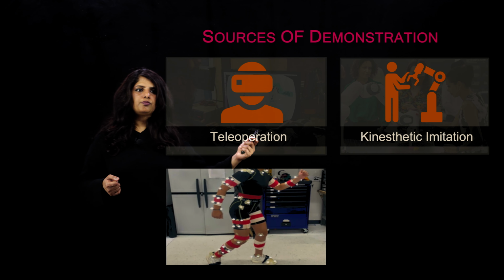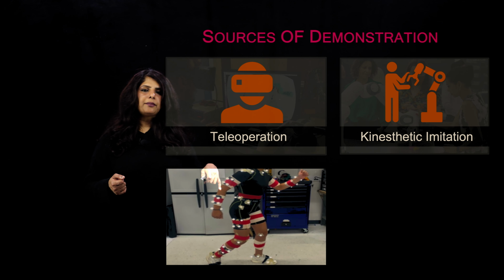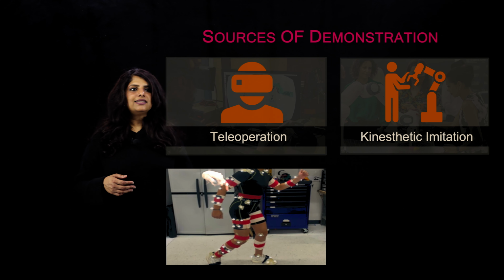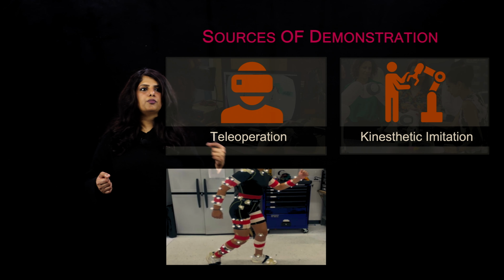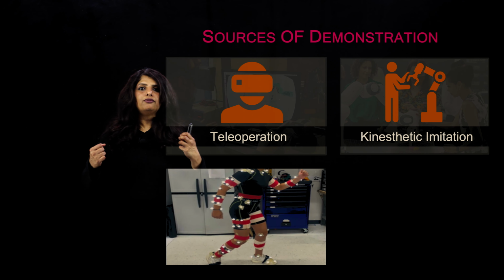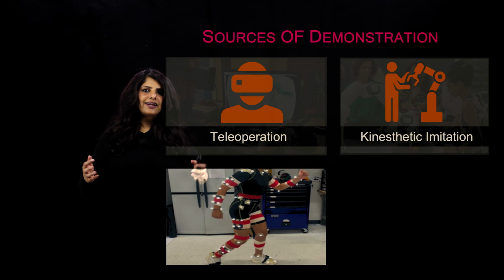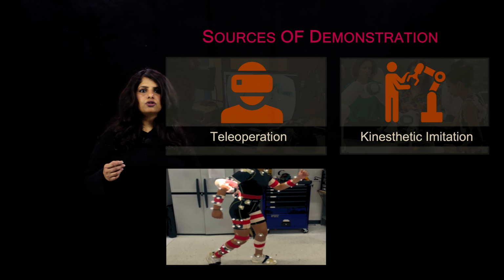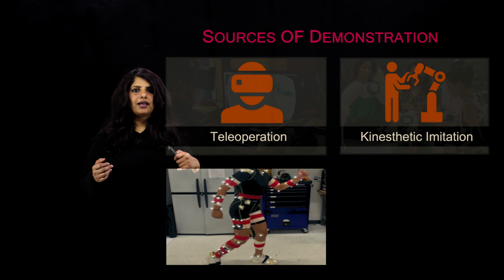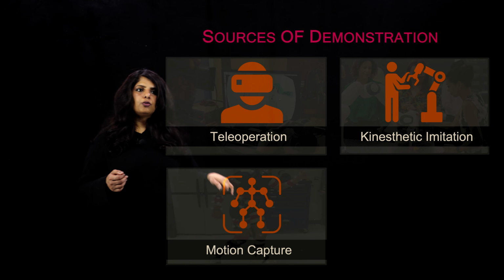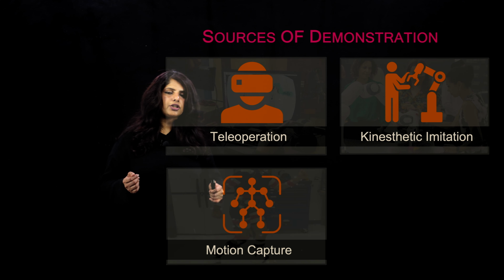One other way could be making use of motion capture markers to provide demonstration information. In this case, we can also think of motion capture markers that we can place on a certain face, and we're able to animate different characters by making use of data that comes from motion capture. We can use behavior cloning in these scenarios, and there are studies in the past that show that this works pretty well. So motion capture is another source of demonstration.